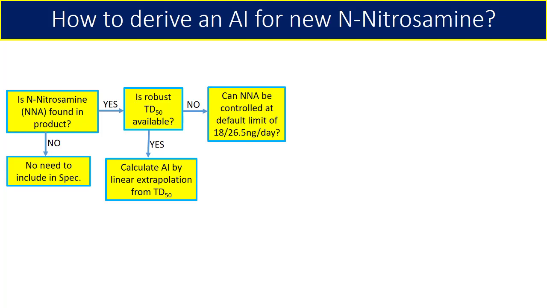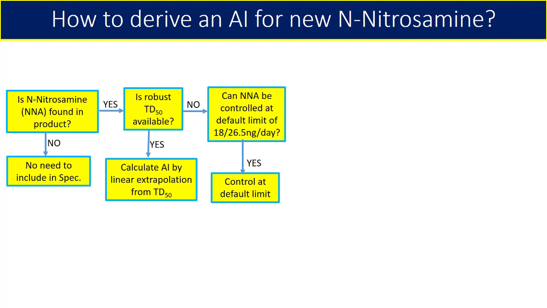Now this is a very conservative approach. In case you do not have any kind of toxicological data, if you do not have a TD50 value, then can you control the content of nitrosamine at this particular level, either 18 nanogram per day or 26.5 nanogram per day? If the answer to this question is yes,